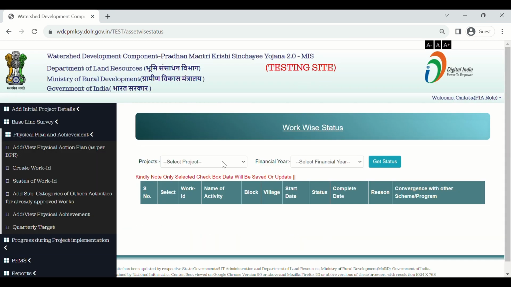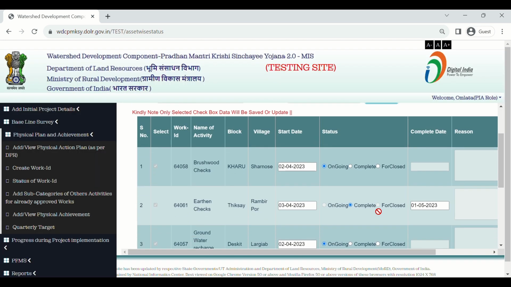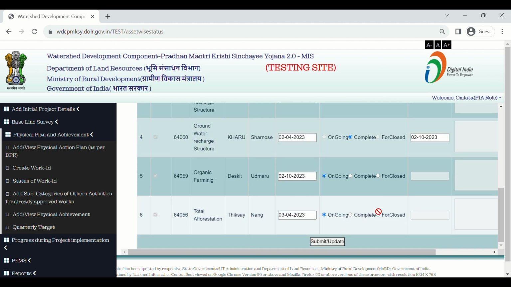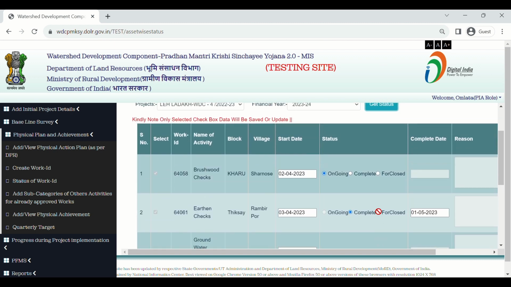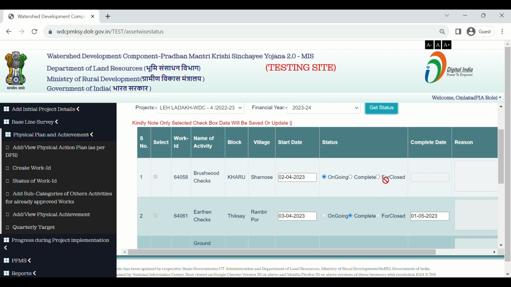Again select your project name. Select the financial year and click on the button Get Status. Here you can see all your data has been saved. In the case of foreclosed, if you want to save the status foreclosed, then select the checkbox foreclosed.